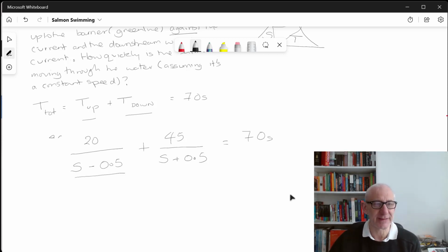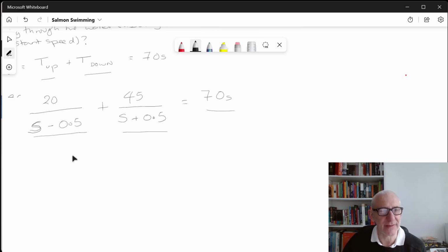So that's the time upstream, that's the time downstream, add the two together and you get the total round trip time. So now what we've got is an expression here with s minus 0.5 and s plus 0.5,